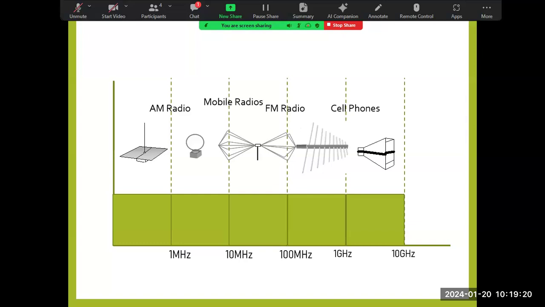Okay, this just shows you where we have, you use the monopole, use a loop antenna,